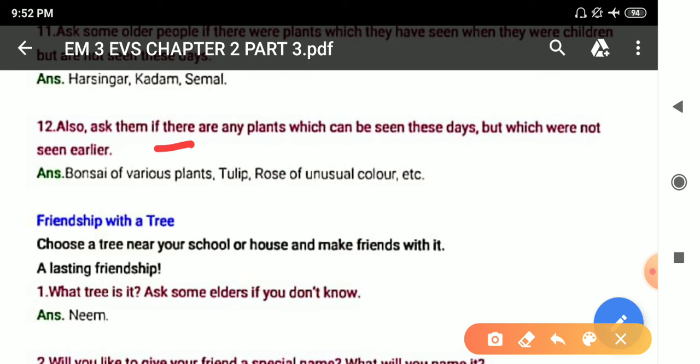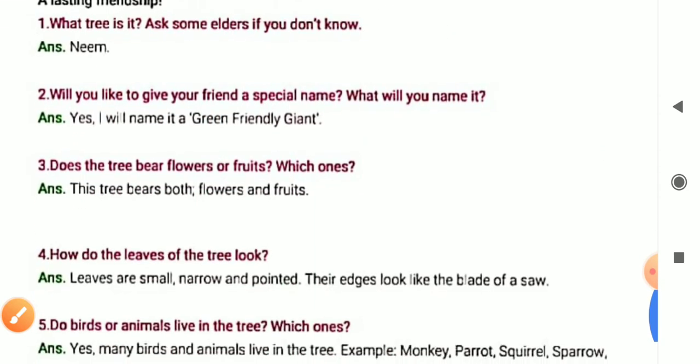Also ask them if there are any plants which can be seen these days but which were not seen earlier. Bonsai of various plants, tulip, rose of unusual colors, etc. So these are the flower plants which were not there earlier, but now these are present, and you can ask this question again to your grandparents and parents and get a better idea. So students, now we'll move forward to